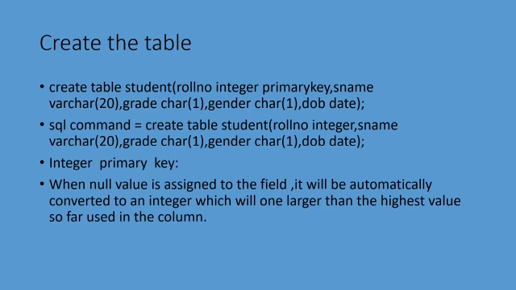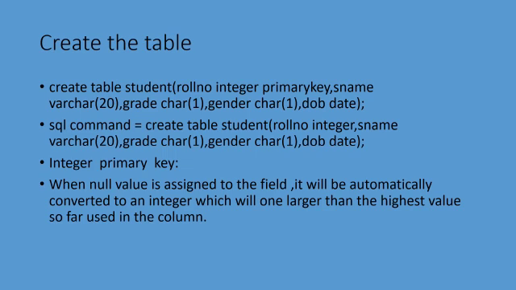So now, what is integer primary key? What will happen here? Suppose consider in this example, I have given roll number as a primary key. So when I am giving primary key, the values will not get repeated. It is possible that one student has only one unique number. It should not get repeated. So for that type of field name I can set a primary key.